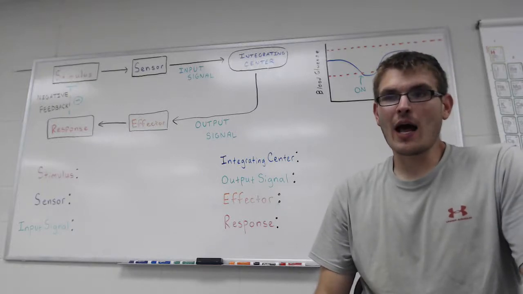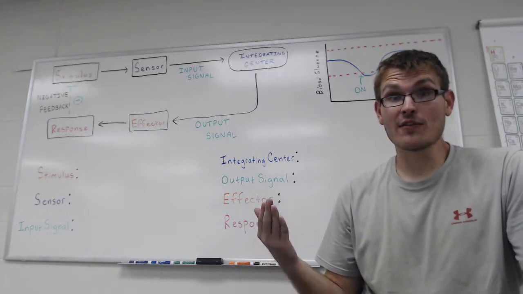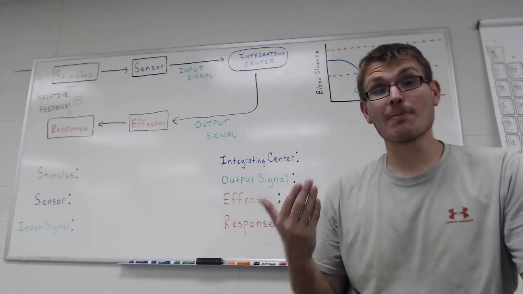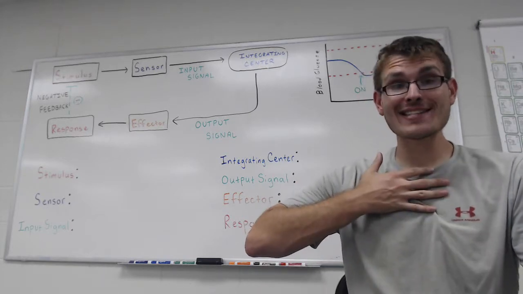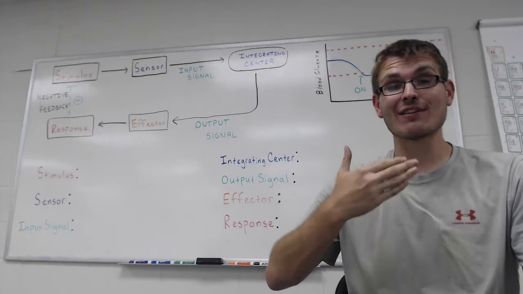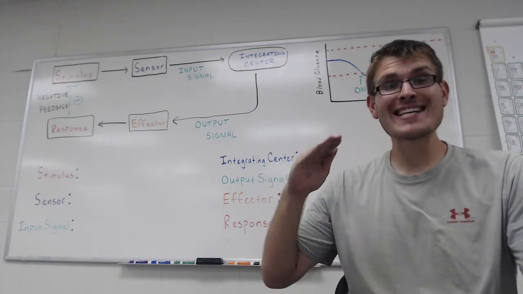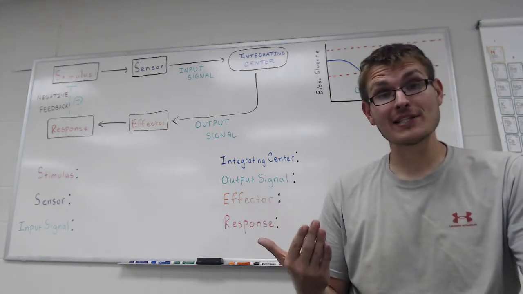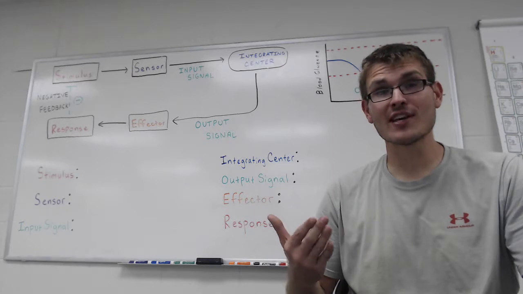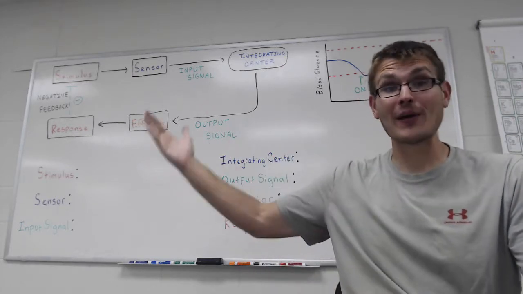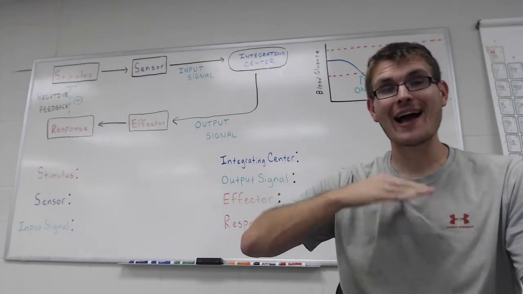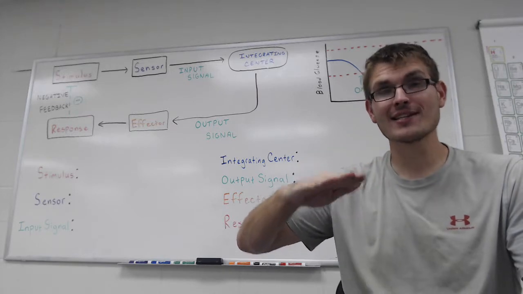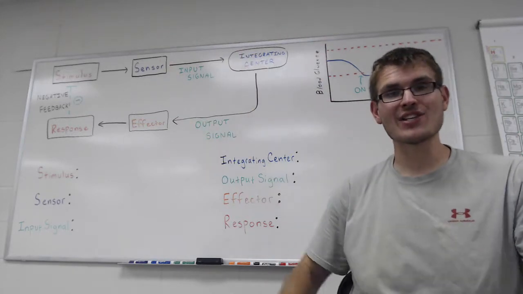One of the most fundamental concepts that you're going to be picking up in your studies of human physiology is the concept of homeostasis. Homeostasis is more or less just your body's attempt to make sure that everything inside, the composition and status of things like your blood pressure and your blood glucose, stay the same in spite of outside conditions changing. For example, your body temperature should usually be about 37 degrees Celsius no matter what the weather is outside. It could be really hot outside or it could be really cold outside. Homeostasis is going to ensure that your body temperature hopefully stays constant in spite of wildly changing outside conditions.